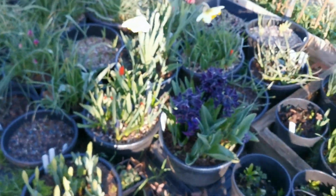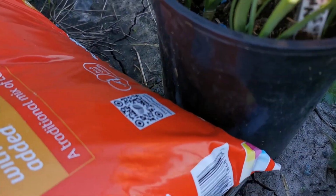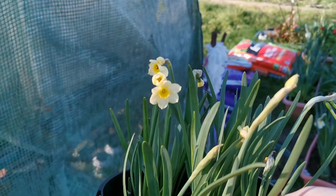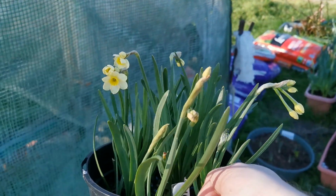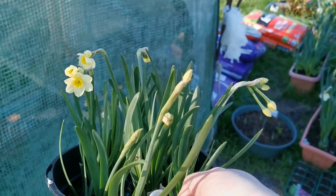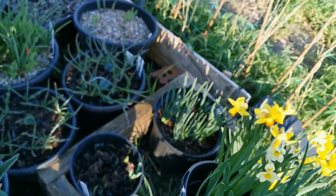Here, it just starts to bloom, a daffodil that is the, let's see, the Minnow. Okay, the Minnow is supposed to be fragrant. Flowers are very tiny, very small. Again, it has pretty small plants, about 10-15 centimeters tall. At the moment it's very slightly fragrant. However, the flowers, as you can see, have probably just opened. Most of the bulbs are still not in full bloom yet, so I will definitely come around in the next few days to give you feedback on how the fragrance situation is of this